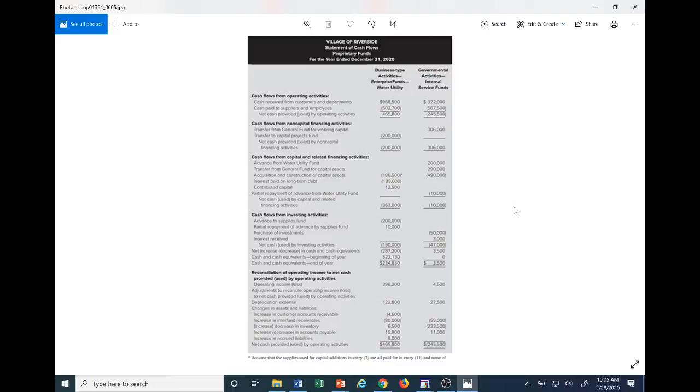So obviously, if it's a non-cash expense and we're accounting for it as an expense within a period, how should we treat it when doing this reconciliation? Should we subtract it or add it back? So we need to add it back, right? We're always going to add these non-cash expenses back because there was really no cash outflow, no cash outlay. So obviously here, depreciation expense, we can see we added the $122,800 back because there was no cash flow associated